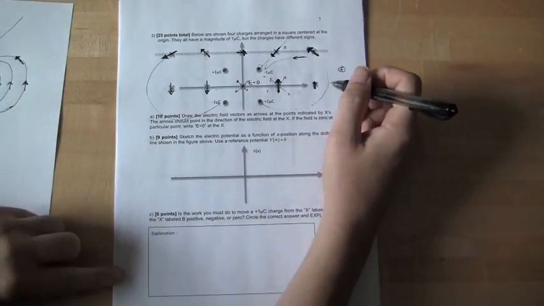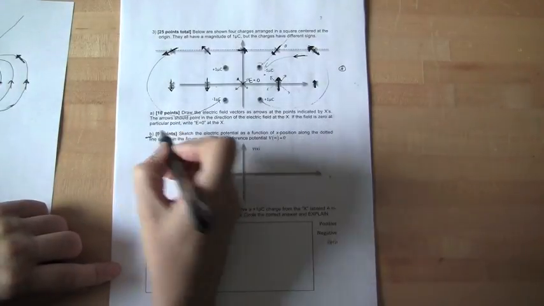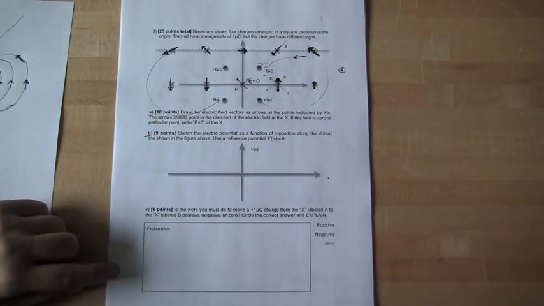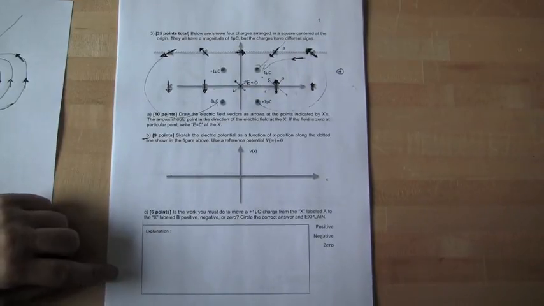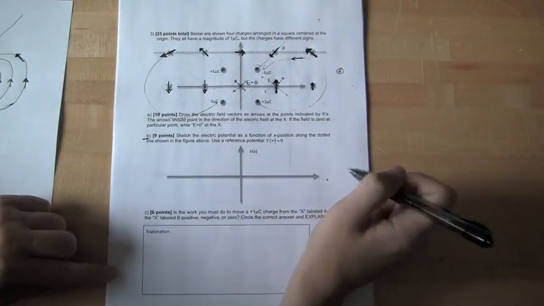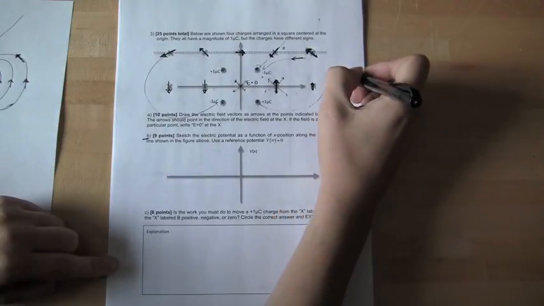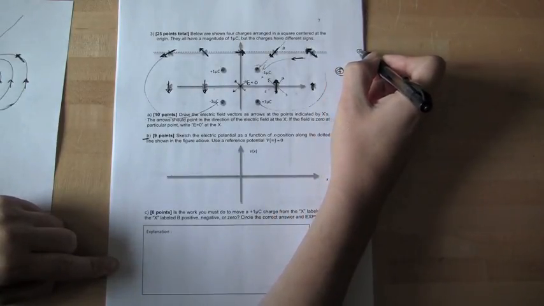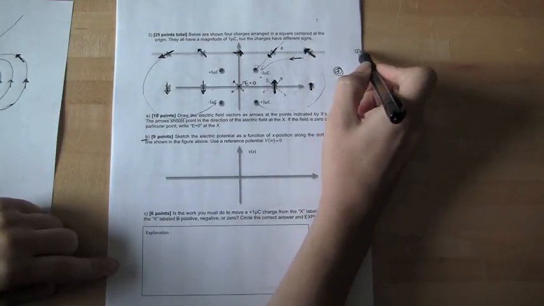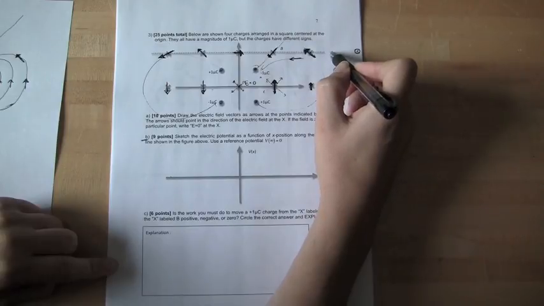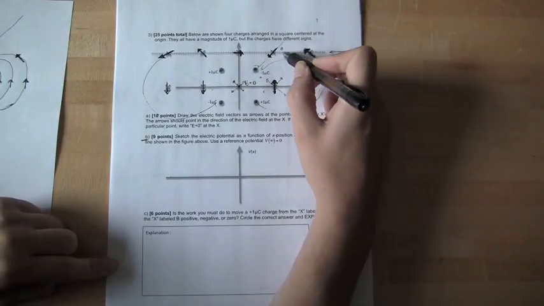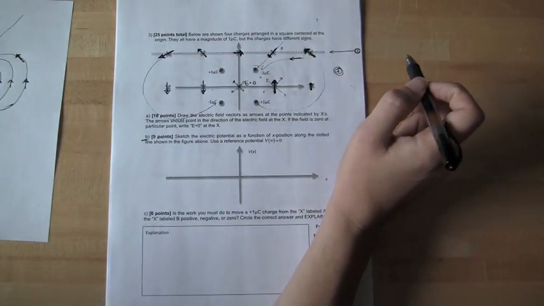So now we have all of our electric field lines, and we want to do this part B. Sketch the electric potential as a function of x position along the dotted line shown in the figure above. Use a reference potential V at infinity as 0. So now we want to take our test charge and start out at V at infinity and move it along this line in this way. And the net work we do to get to any point along this line is going to be the potential